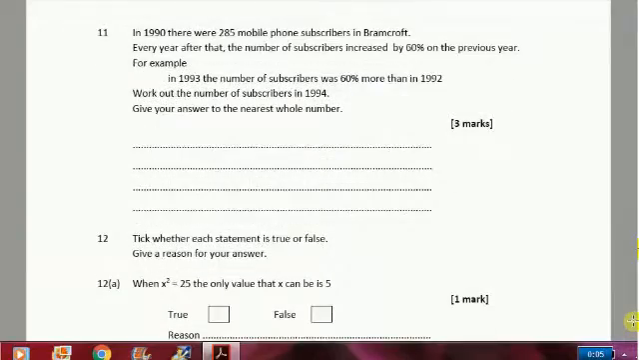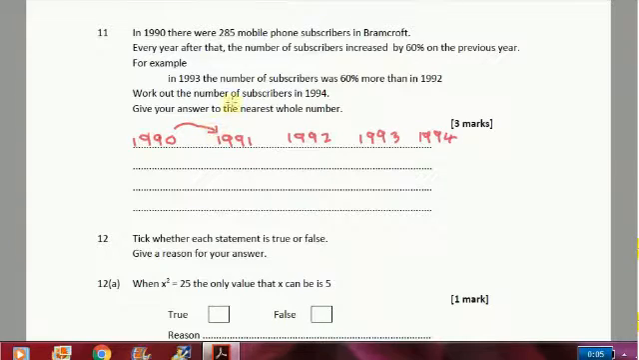Moving on to number 11. It says in 1990 there were 285 mobile phone users. Every year after that, the number increased by 60% on the previous year. So work out the number of subscribers in 1994. So if I write down the years that we're looking at, then from one year to the next,